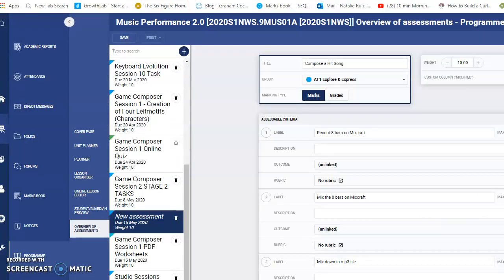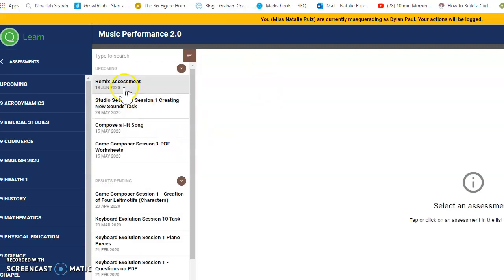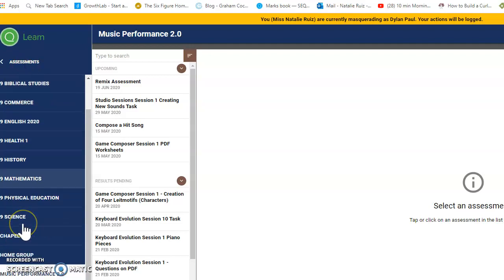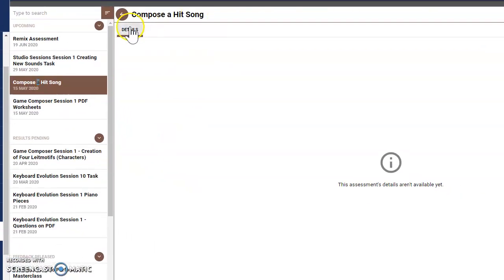I don't know if I saved it. Hang on. Just clicked save. Now that will mean that Dylan sees this. If you don't click save, nothing happens. All right, here we go. Compose a hit song in his assessments in music. Compose a hit song. When I click on it, you can see a big fat nothing, which is very disappointing